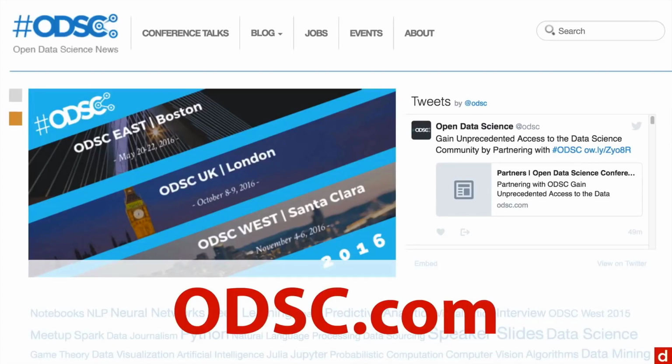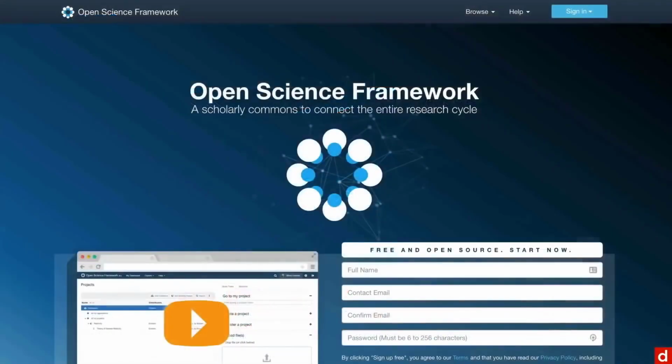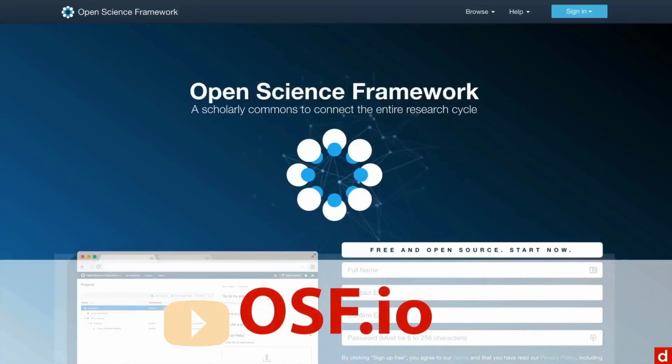One thing that can make this really simple is something called the Open Science Framework, which is at osf.io. It's a way of sharing your data and your research with an annotation of how you got through the whole thing with other people. It makes the research transparent, which is what we need.